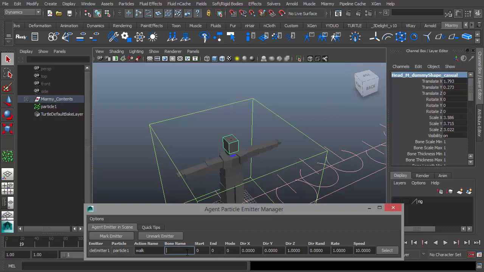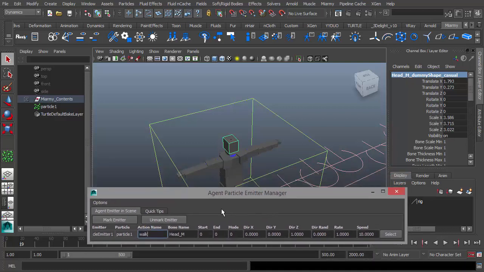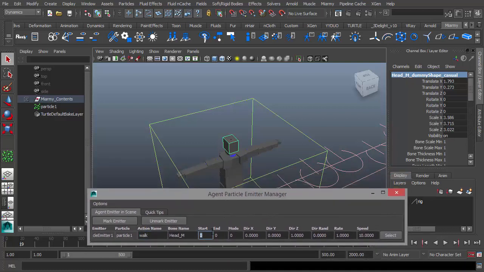So let's put it right here. And the frame range is actually the range from inside of the walk. Here we just make that random number, for example 10 to 12,